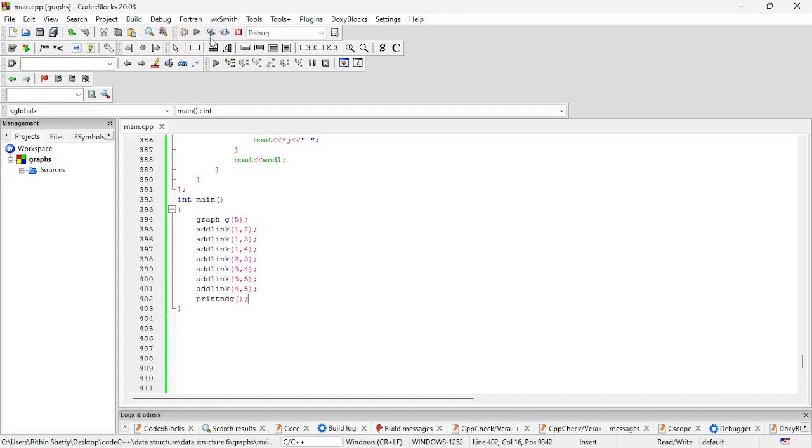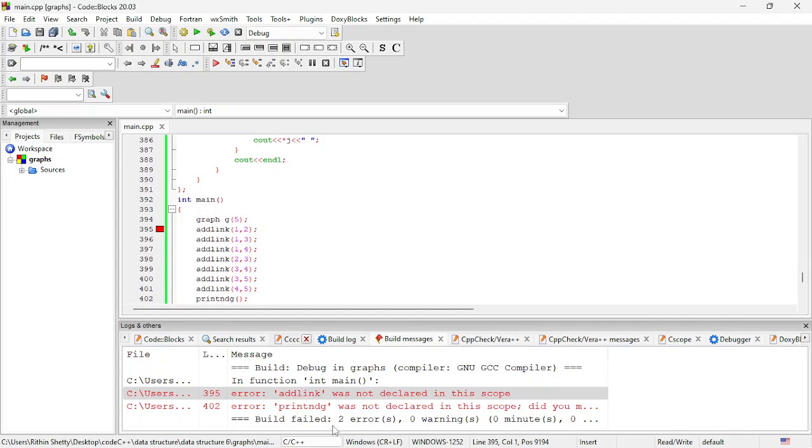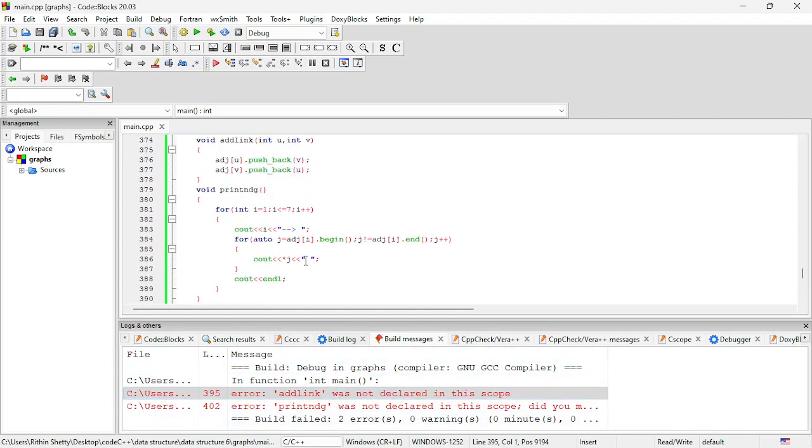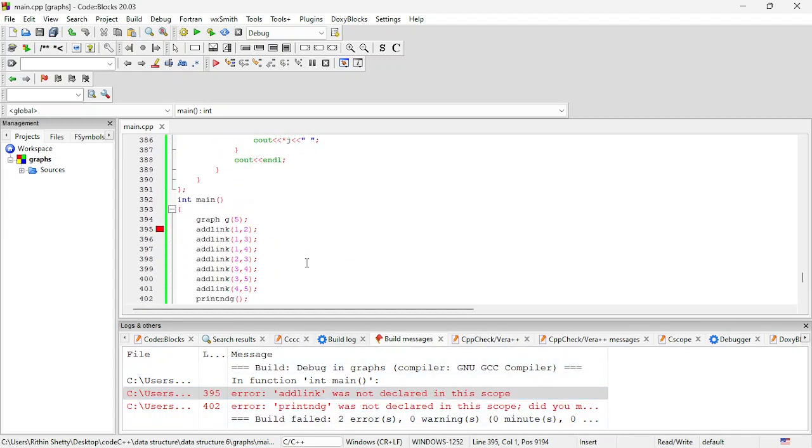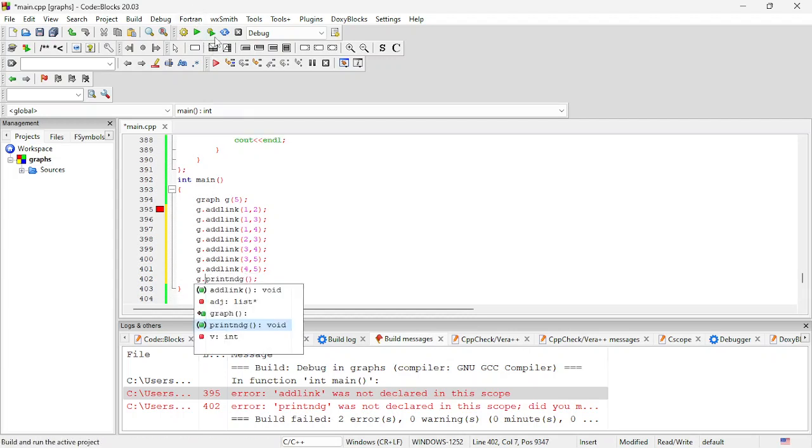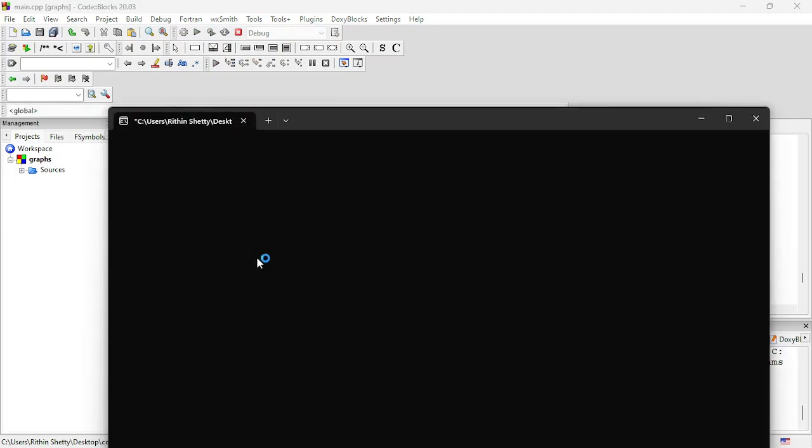Now if I run, I get some error. Let us see what the error is: add link was not declared in the scope. Okay, this needs g dot, because it is an object. You can do it even without using classes and objects, or you can stick to the vector. Now when I run,